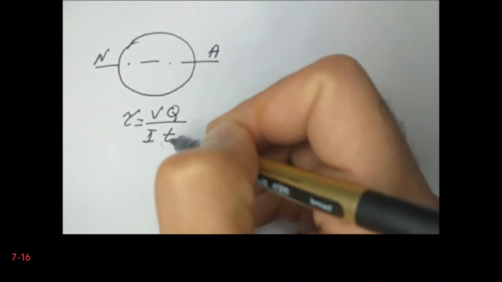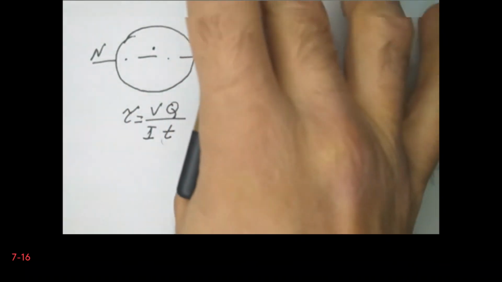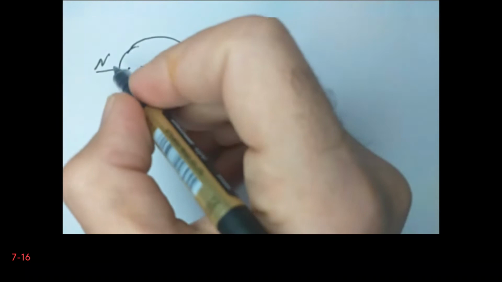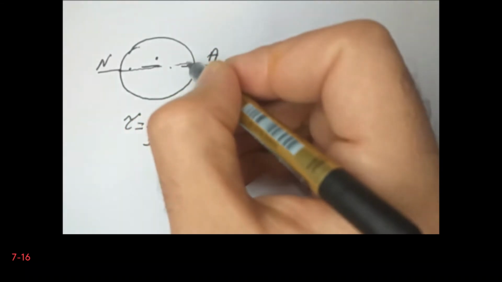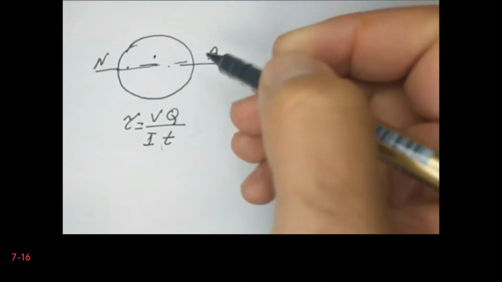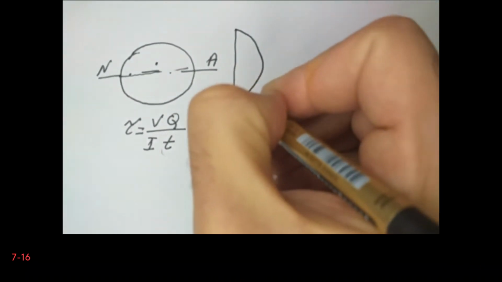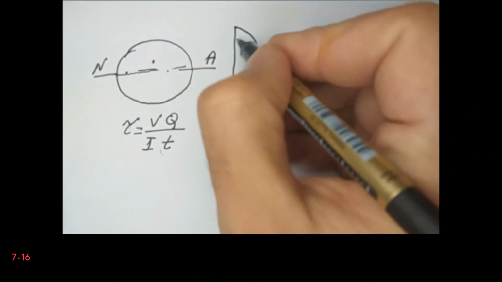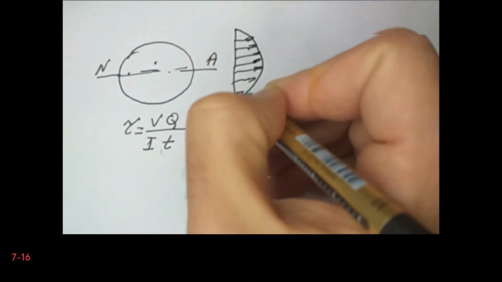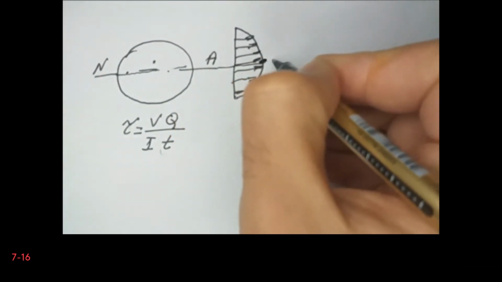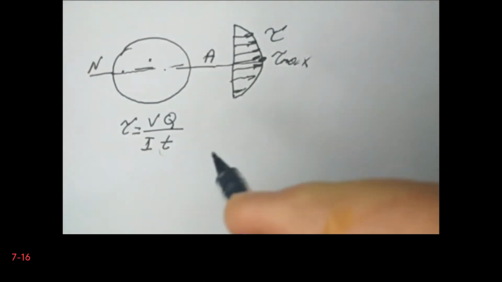Certainly the moment is maximum on the neutral axis. So the shear stress is maximum. If we draw the shear stress, it is going to be like this. So this is the magnitude of the shear stress. So it is maximum here. Okay, so basically this means that we need to calculate the Q